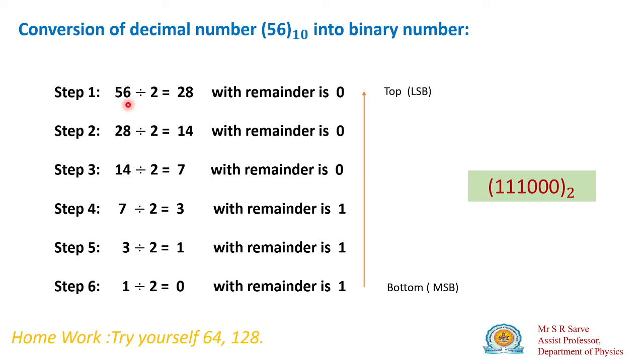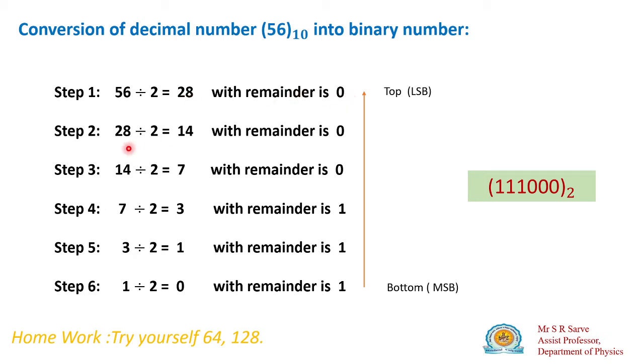So here observe that what you have to do is convert a decimal number 56 into a binary number. Okay, listen carefully now. First, we have to divide this 56 by 2. If I divide 56 by 2, it is a complete division and gives you 28, so the remainder will be 0. We get 28 as the quotient and the remainder is 0.